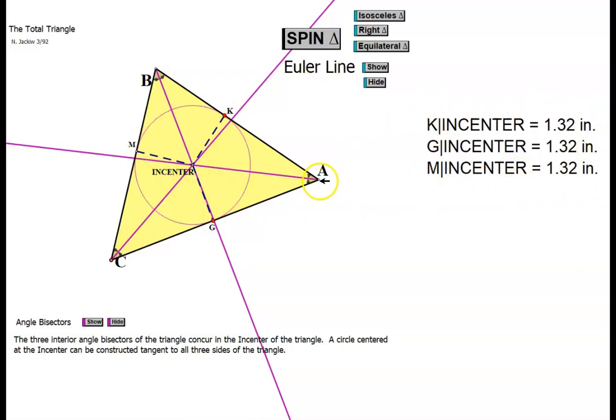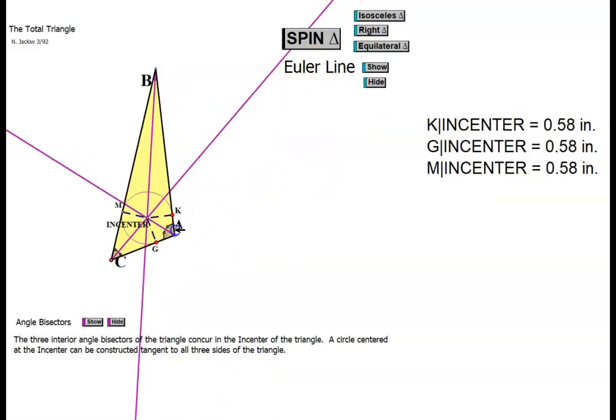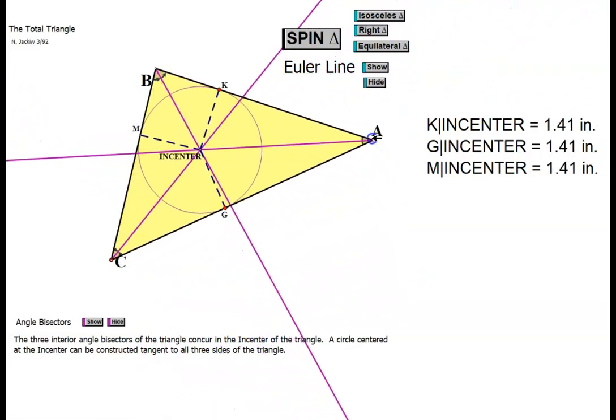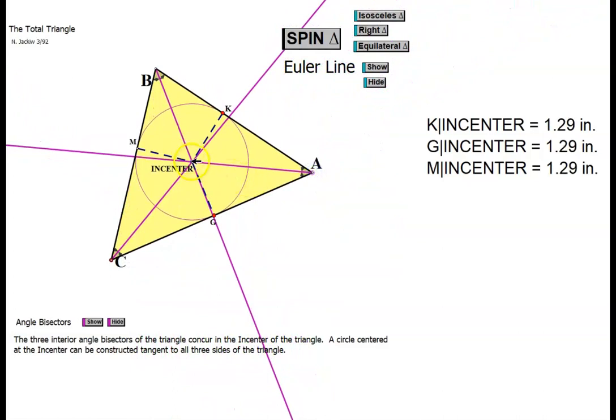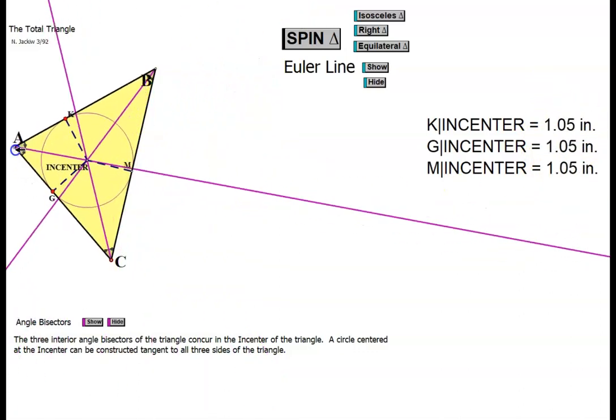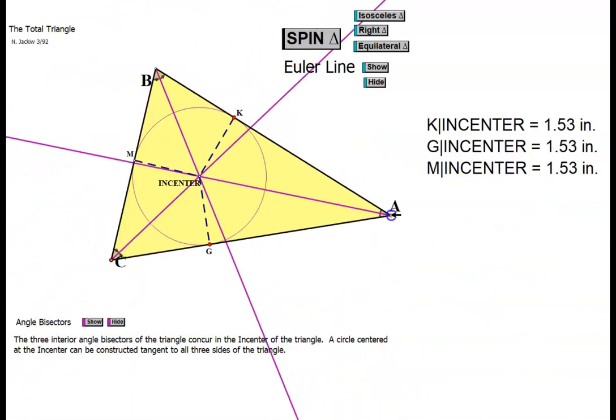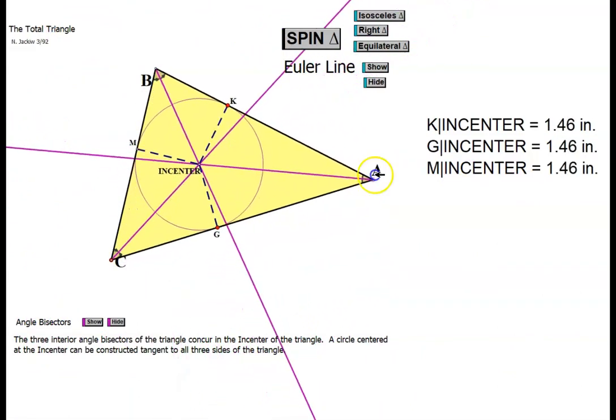Now I'm going to shift this around a little bit, and you can see that no matter how I move the points, the incenter always stays inside the triangle, and it always stays with this inscribed circle just touching the sides. You can notice that the lengths of the radii always stay the same length. Now I can move this around a lot, but that circle is never going to come outside of the